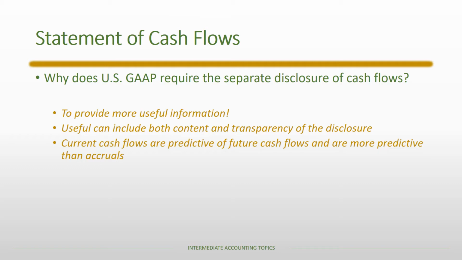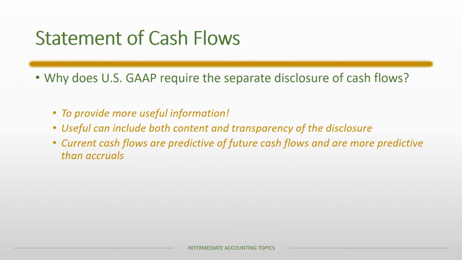You can get current cash flows through other means. In other words, you can sort of predict the cash using the balance sheet and the income statement, but the transparent disclosure of the cash flows allows the information to be more predictive, or to provide predictive information about future cash flows. And current cash flows are actually more predictive than accruals when it comes to future cash